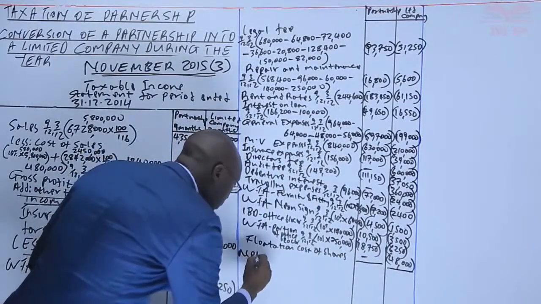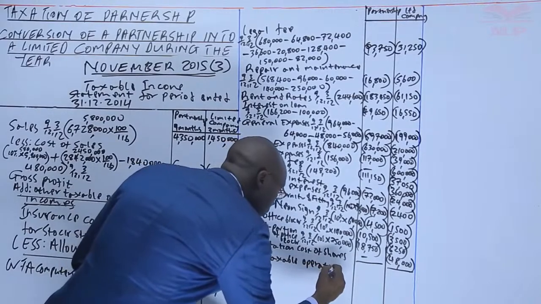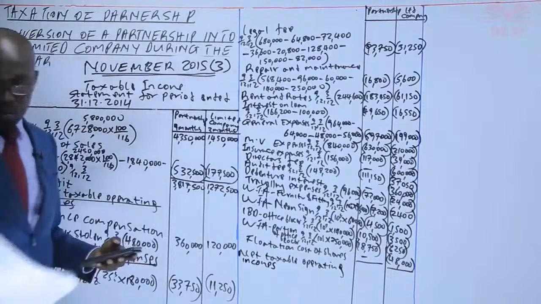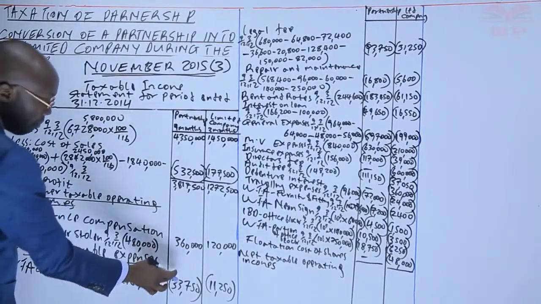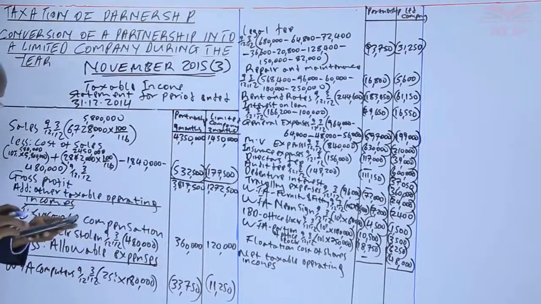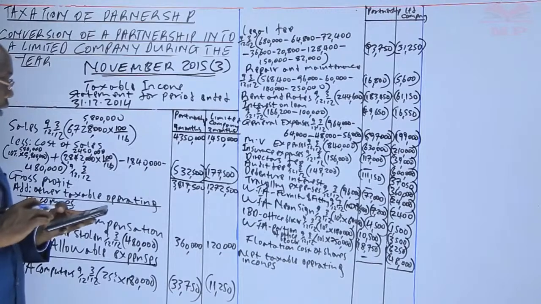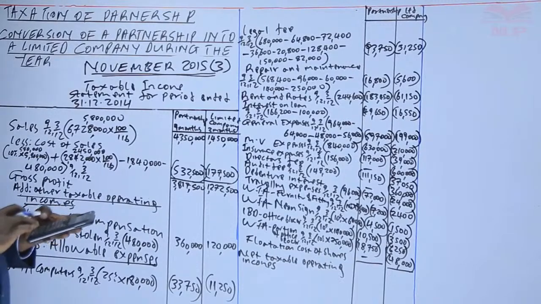the net taxable operating incomes. So what we do, we start from here, the gross profit plus other income minus now the allowable expenses. We start with the first one, 3,817,500, and then we add 360,000, and then we minus 33,750, and then we minus 93,750,